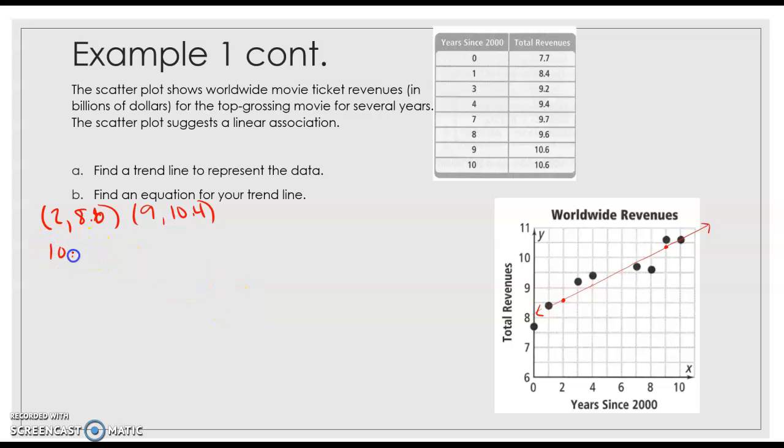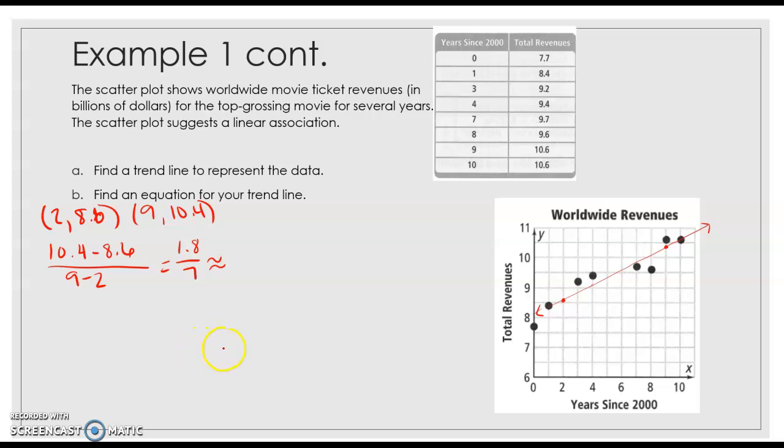That's just all in the way that we estimate. So in order to find the equation of a trend line, I first got to find my slope. So 10.4 minus 8.6 over 9 minus 2. 10.4 minus 8.6 gives us 1.8 over 9 minus 2, which is 7, which will give us approximately